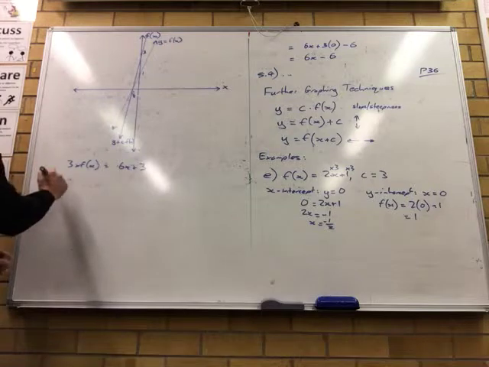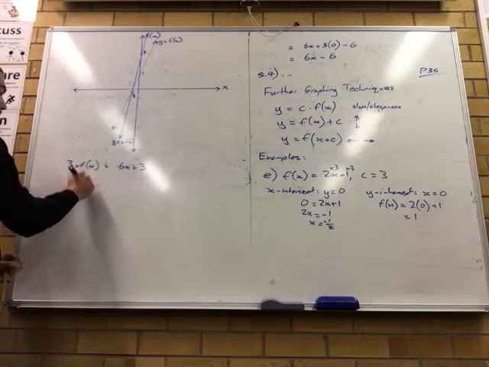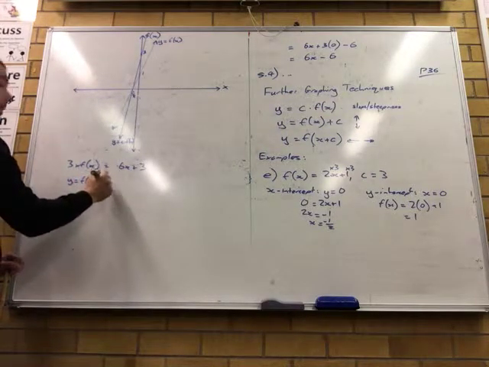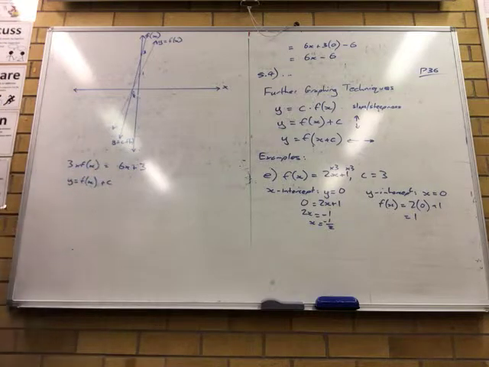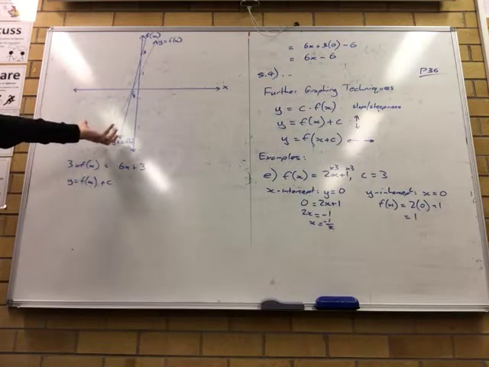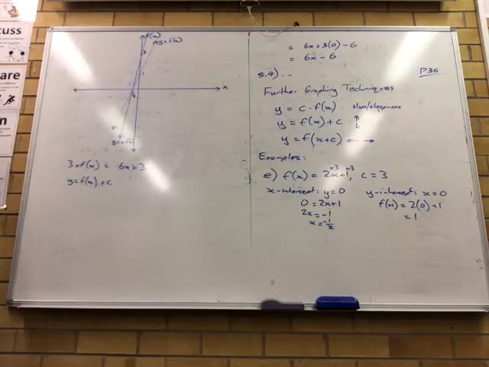Right, so now we need y is f of x plus c. So when you're adding or subtracting a constant, that will just shift this line, in this example, upwards or downwards by the constant. Now because you're adding a positive constant, your graph's going to shift upwards. If you have a negative constant, your graph's going to shift downwards